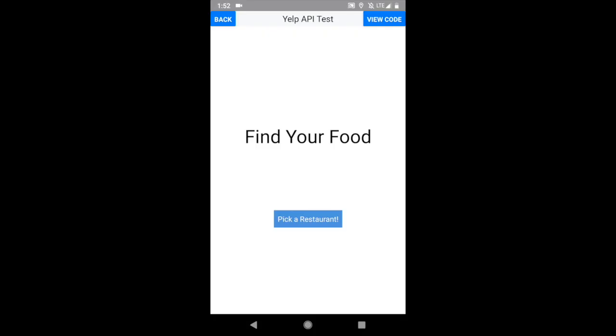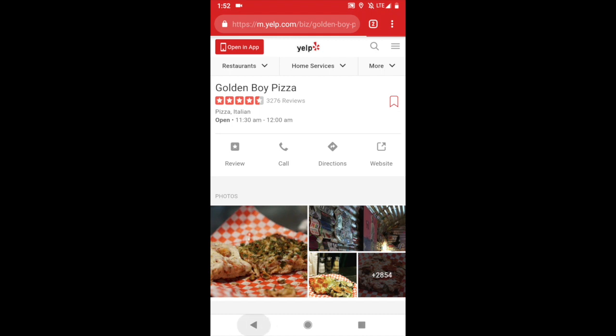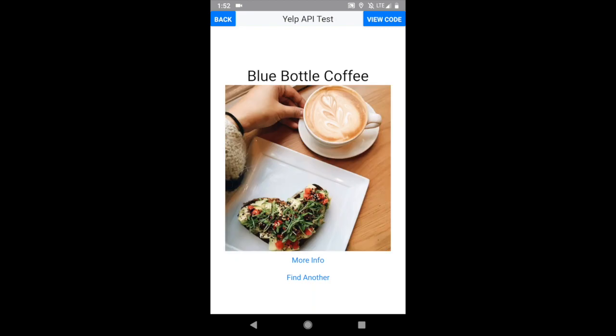Once we open up the app, we'll see a Pick a Restaurant button. We'll click on this button and you'll see a suggestion for a restaurant. You'll see the name of the restaurant, an image of the restaurant, and two other buttons at the bottom. If we click on more info, it'll take us to the page of the restaurant on the Yelp website. And say we didn't like this suggestion of the restaurant, so we'll click find another, and it'll give us another